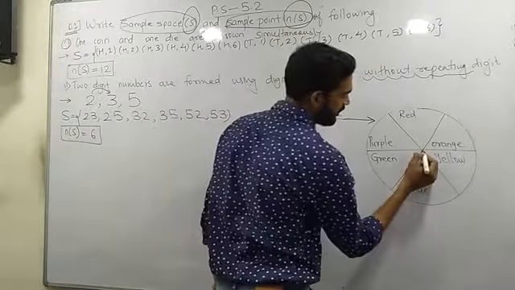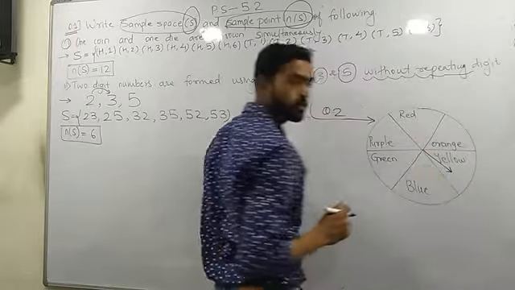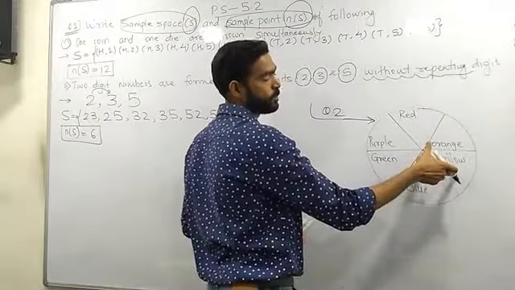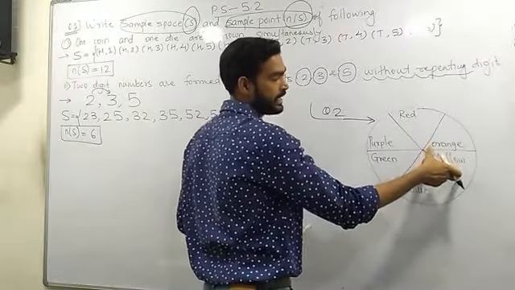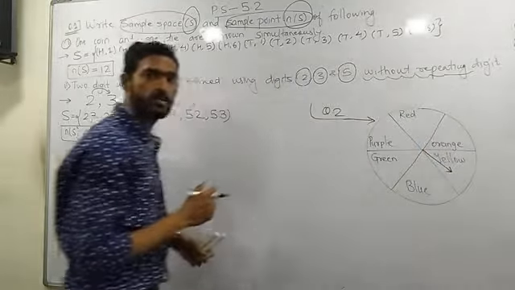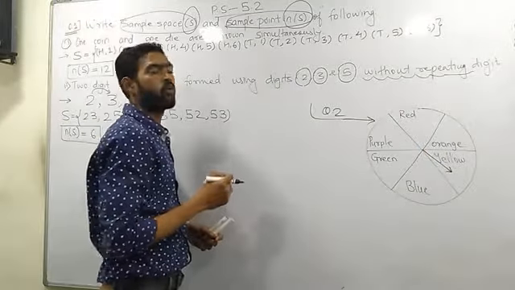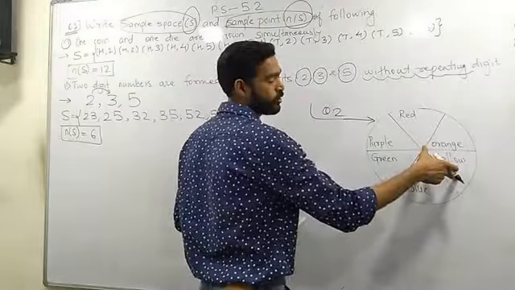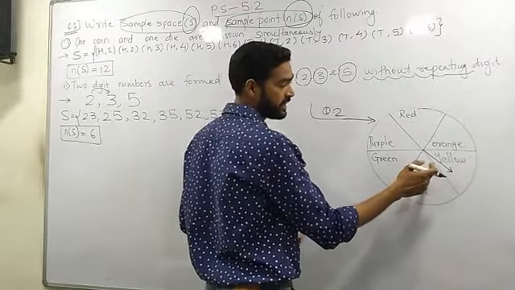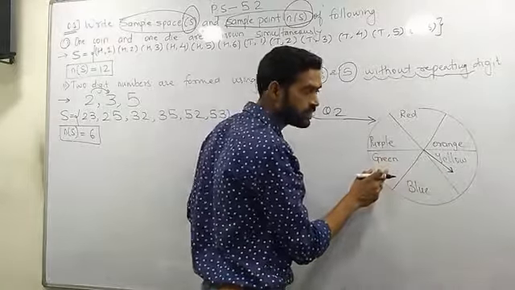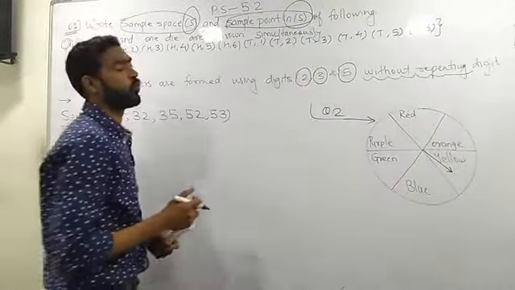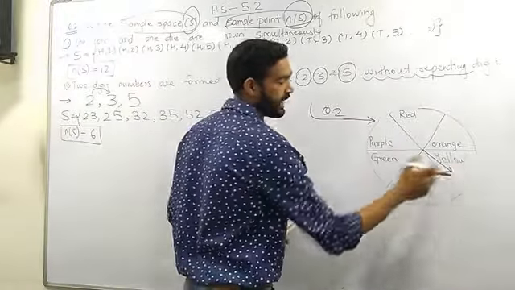If I am having an arrow here, and I'm rotating this disc, this arrow may stop on yellow, it may go on orange, we may get purple, right? So the question is, where can this arrow stop? It can stop on blue, it can possibly go with green, it may give you red also. So what are the options for this arrow?